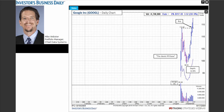Let's take a look at it on a daily chart, and you can see this is the ideal way a stock should go public. You have an initial pop on your first day, so it priced out at $85, and before you know it's trading in the $100 range. And you'd like to see a prior uptrend. So we have 3 days of a prior uptrend, and then we hit 113.5 or thereabouts,